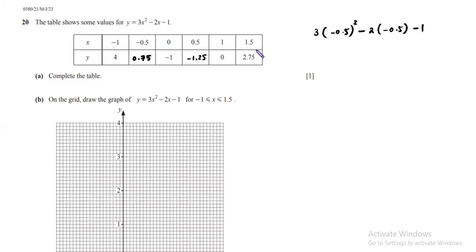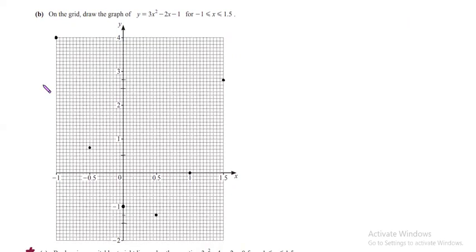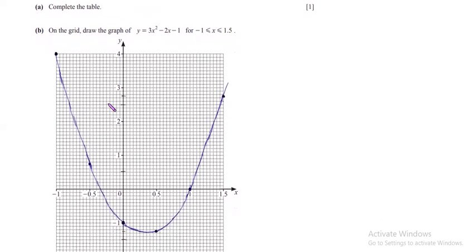Now, once we do that, we need to mark the coordinate points, and then we're going to graph it. So then let's mark the coordinate points. I have now marked the coordinate points, and now I'm going to connect this to form a curve. So I have drawn the curve now. So it should be a smooth curve that you are drawing, and make sure you do not have any feathering